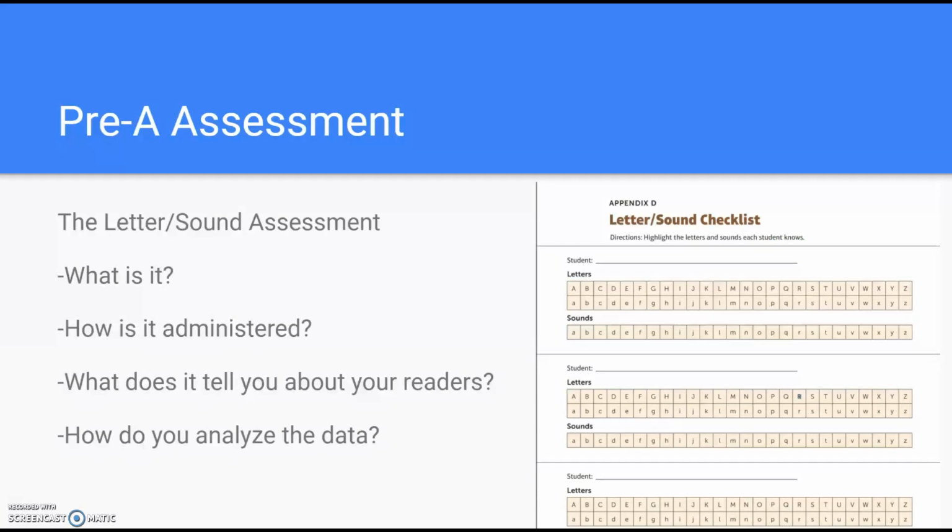Now I'm going to go through assessments for each type of reader. We will begin with the Pre-A readers. The assessment for Pre-A readers is a simple one called the Letter Sound Checklist. This checklist is the only assessment you will need for Pre-A readers. It is administered individually, and it will tell you which letters and sounds students know and which ones you will need to teach. You can highlight the letters that the student knows so you can pinpoint what they need to